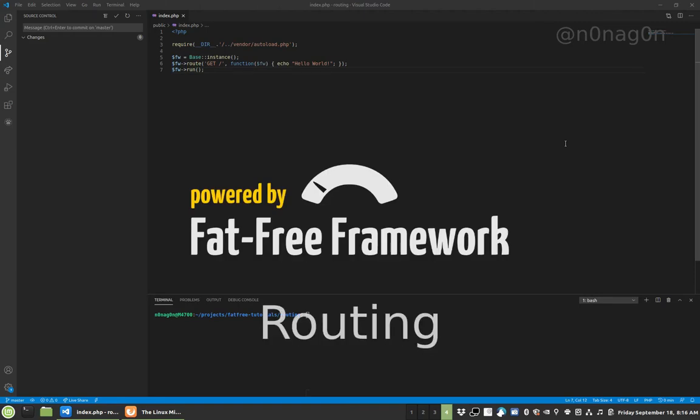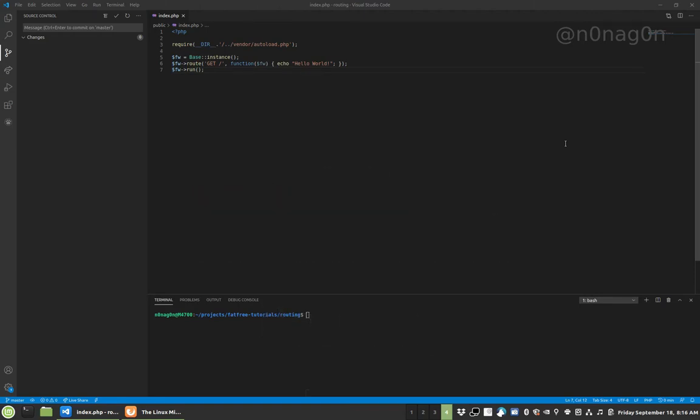Routing within the framework. Routing in Fat-Free is pretty simple. In the last video that I had, it kind of highlighted just how simple it is. The code that I have in front of us right now is the code that we had from the simple intro to the Fat-Free Framework, and we'll go through a bunch of different techniques on how you can use routing